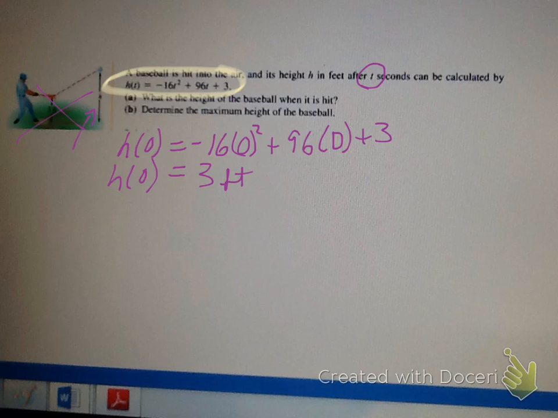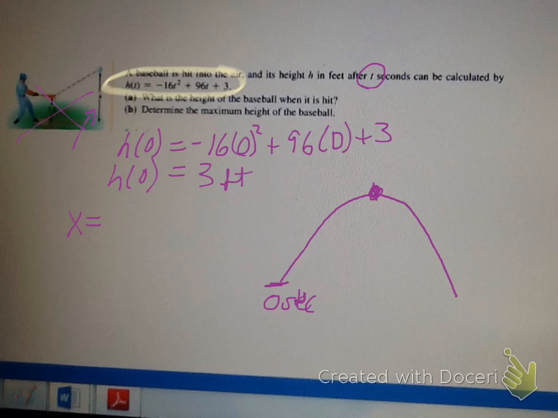Well, we talked about, a baseball, when you hit it, it's going to come up if you graphed it over time, and it's going to come back down. When it left, that's 0 seconds. And when it comes back down, that's when it hits the ground. But at this point is the highest point. Well, you learn that that's a vertex. And so if you just use your knowledge of vertex,